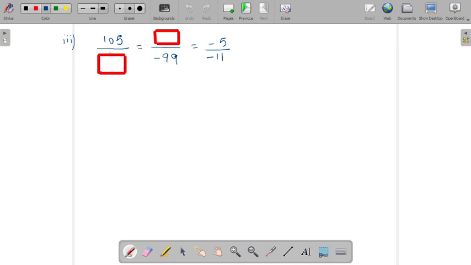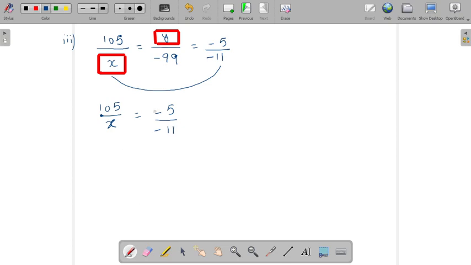Similarly, in this part, we can fill this as variable x and y. अब हम देखते हैं what we will do. This x we have to find out और ये आपके पास rational number दिया हुआ है. So we will relate these two together. These two together means इन दोनों को हम आपस में combine करेंगे. So we will write it 105 upon x equal minus 5 upon minus 11.